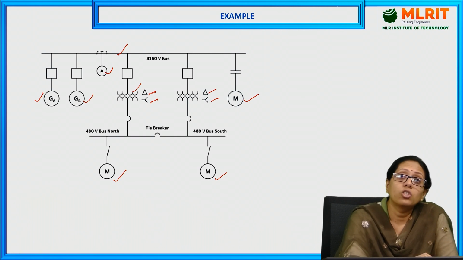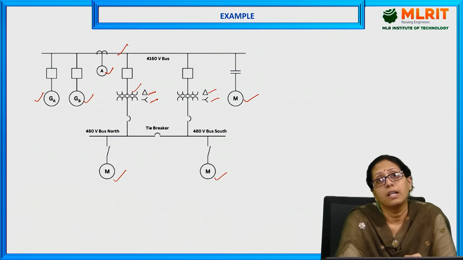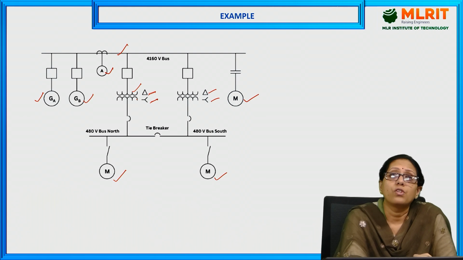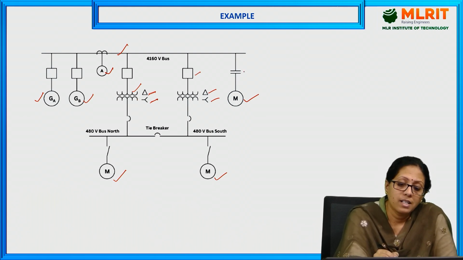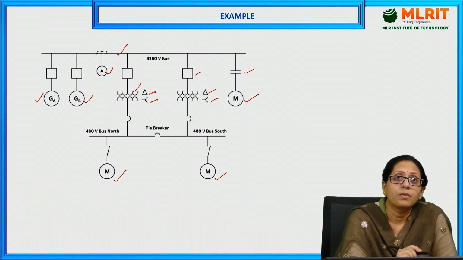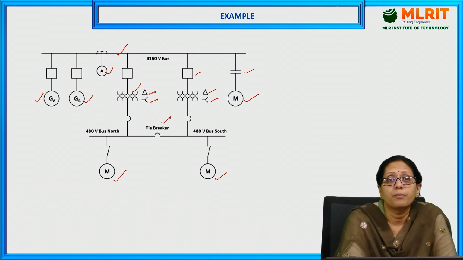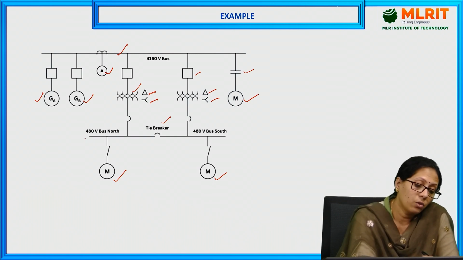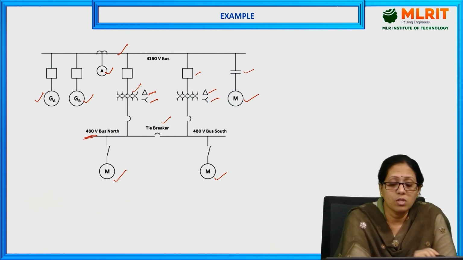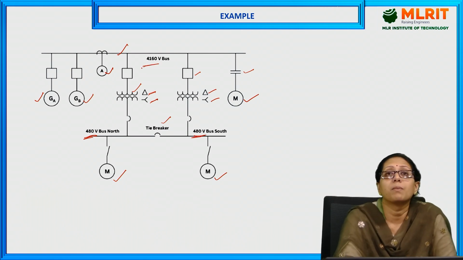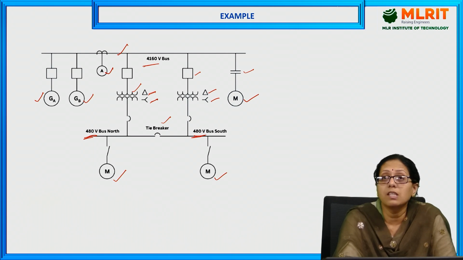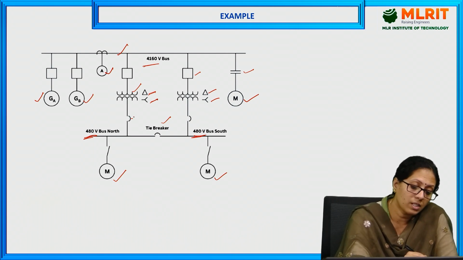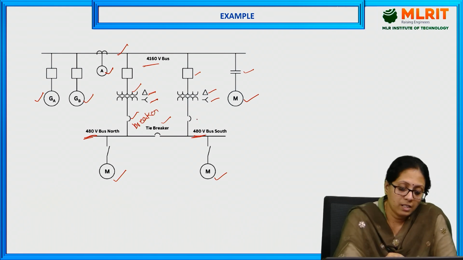So we have two generators, three motors which are connected, and two transformers. This is the symbol of a circuit breaker and this is the symbol of a contactor. So this is the symbol of a breaker. This is also the symbol of a breaker. Here you can see the voltage 480 volts and this is also 480 volts. This particular line represents 4160 volts. This is also a symbol of a breaker and this is also a breaker.